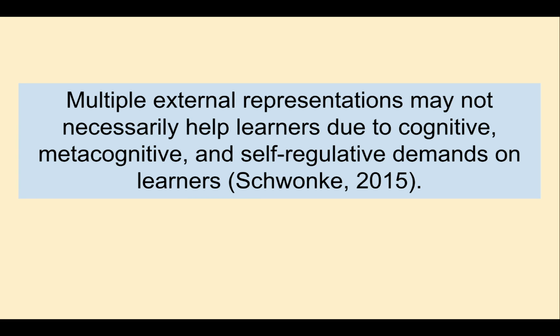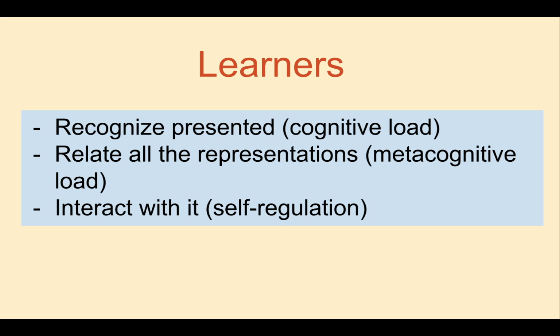Schwank argues that when there are multiple external representations, a variety of cognitive, metacognitive, and self-regulatory demands on learners may not necessarily lead to better understanding of the materials covered. It basically means that when presenting text, animation, colors, and video on a frame, namely multiple external representations, a learner